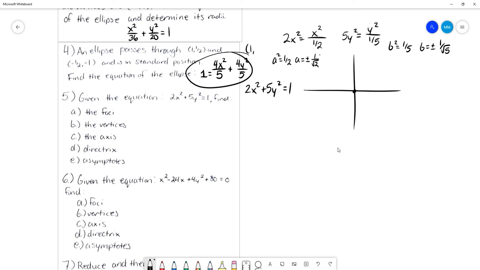So if it's centered here, this is obviously bigger than this, so my x-axis is my major axis, which I can write down here. Major axis is my x-axis, or y equals 0. Now, right now we're looking for those vertices, although we could do the foci, but I'm going to look for the vertices right now. So I know my major axis, it's going to be that x value plus or minus that first radius. So it's 0 plus 1 over the square root of 2, which is going to be,